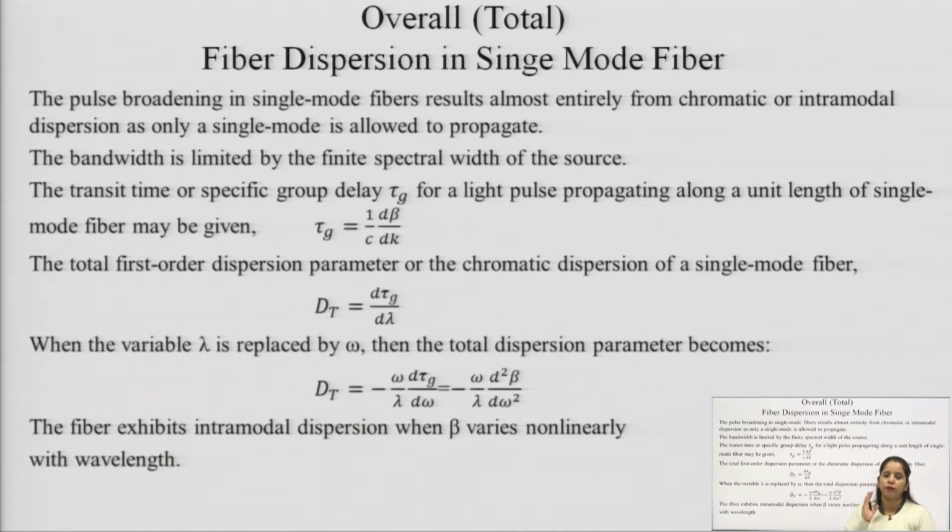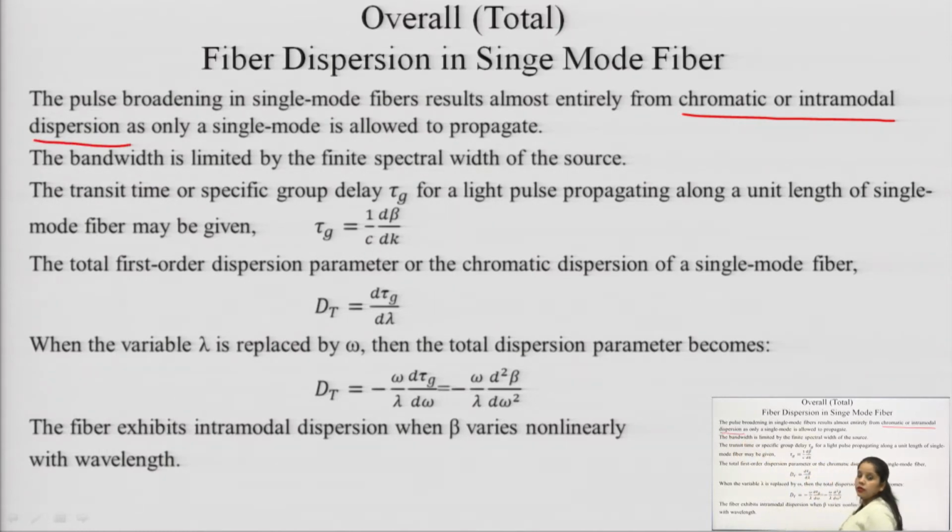Now, in the case of a single mode fiber, what will be the total or overall fiber dispersion? The pulse broadening in a single mode fiber results almost entirely from the chromatic or intramodal